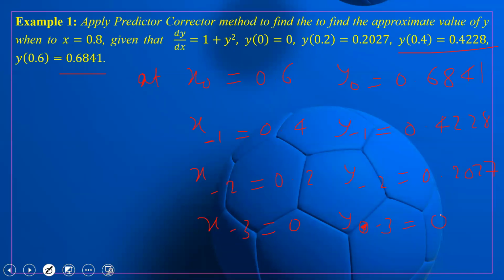Okay, so we reverse it. Why? Because this is the last step. If we write down this, this is -3, -2, -1, and 0. If we go like that, this is the least value, then the second greater value, then again a greater value, and this is the greatest value of the given points. So now we started from the opposite direction. So this y minus 3 is the smallest, then y minus 2, y minus 1, and y0. In this manner, we will try to calculate the value.